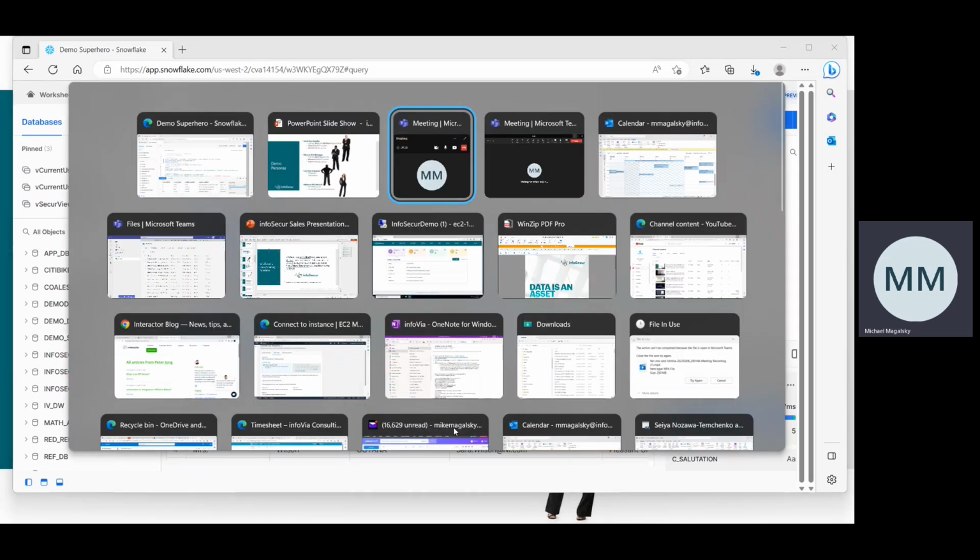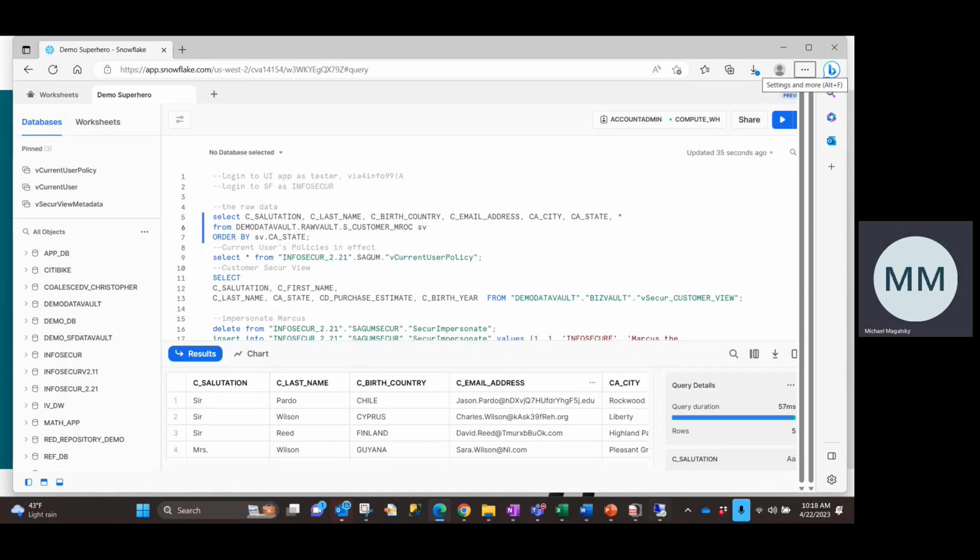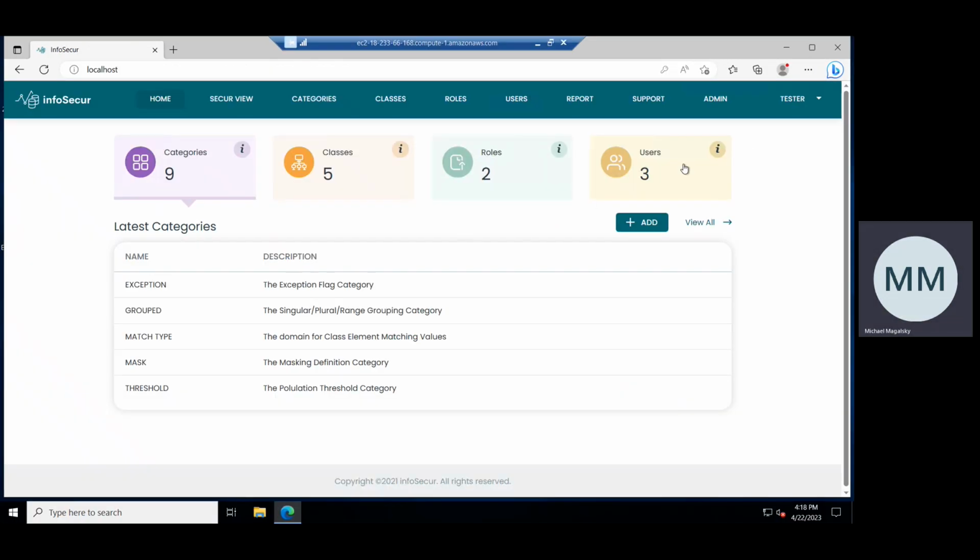So with that, I'm going to jump over to the infoSecur user interface, and we're going to show you the execution thereof. So this is the home screen of the infoSecur user interface. It runs on a web server inside the client environment. So we're not taking this data out of the client environment. It's running inside of your on-prem or cloud or hybrid